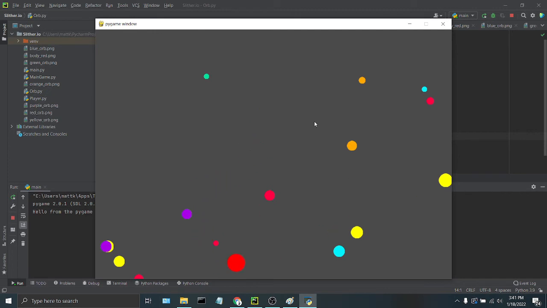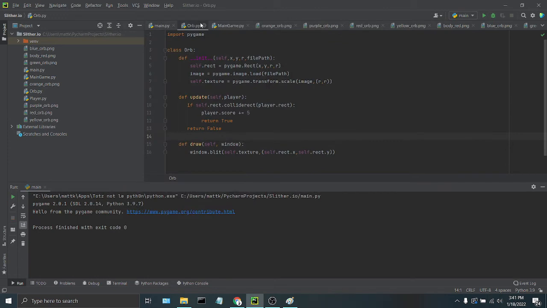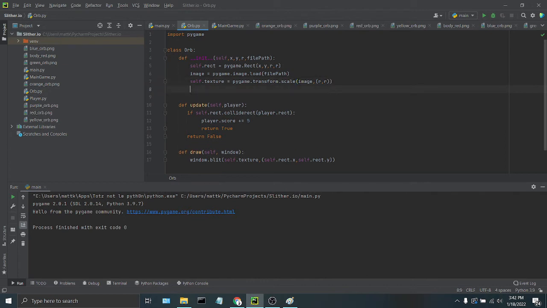We're going to make these orbs move around in certain areas. And that's going to be pretty easy because of the way we've already coded the orb. It's already in its own class, which is good and organized, and it already has an update function. So here's what we're going to do. We're just going to give it a velocity vector. In its init function, in its constructor, I'm going to give it a velocity,